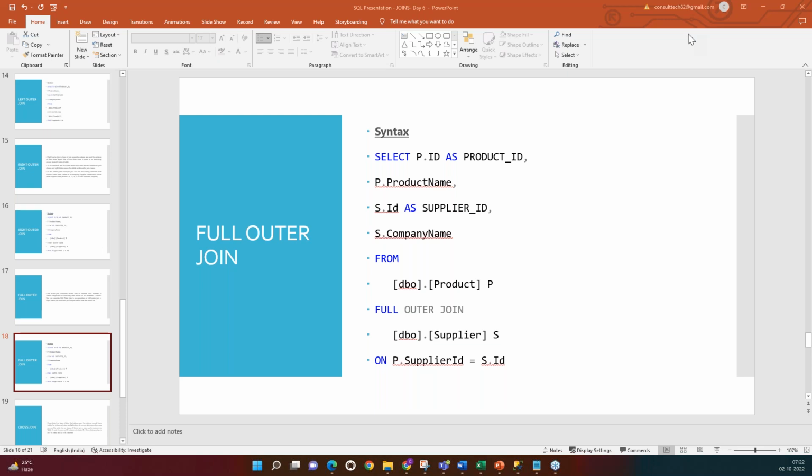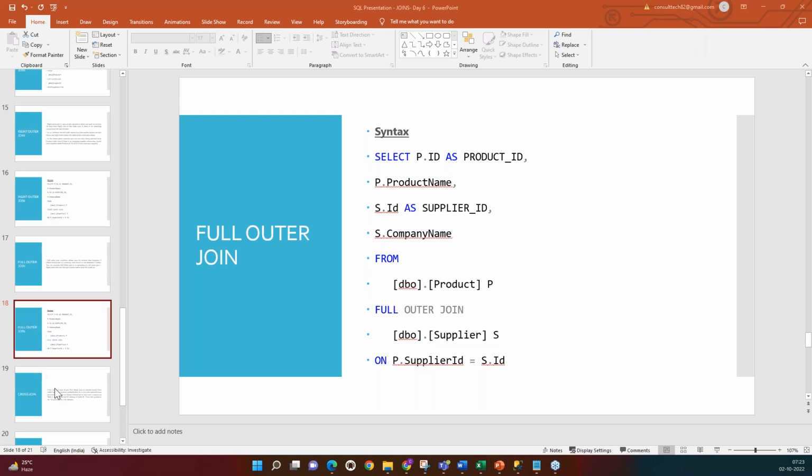So all the data from the right side will come into the join operation, irrespective of whether a match is found. Full outer join is a combination of left outer join plus right outer join, but with unique data. So now today we are going to complete the last part of the join that is known as